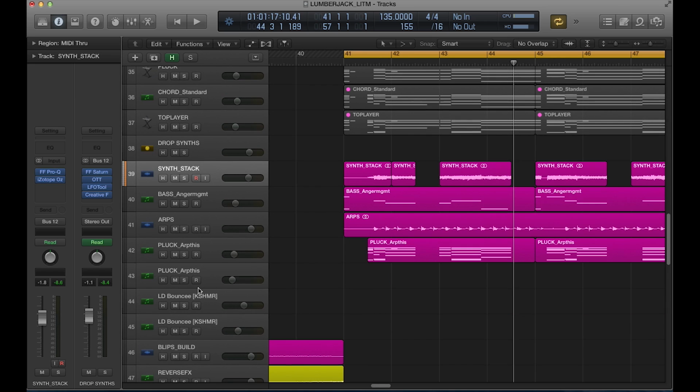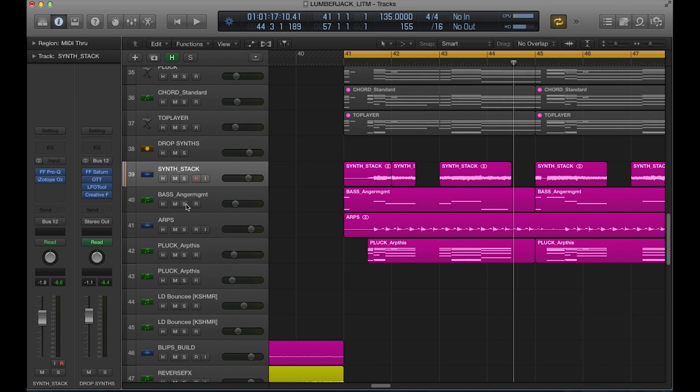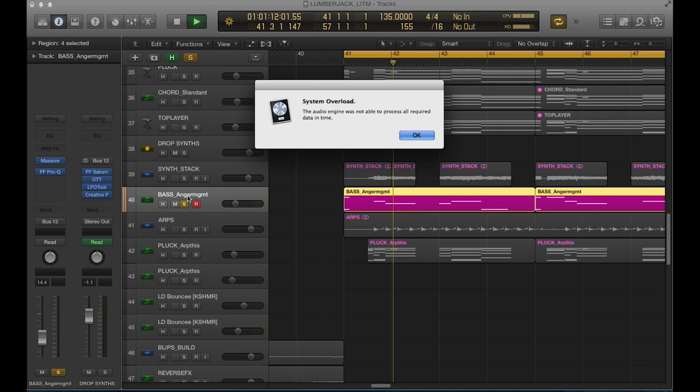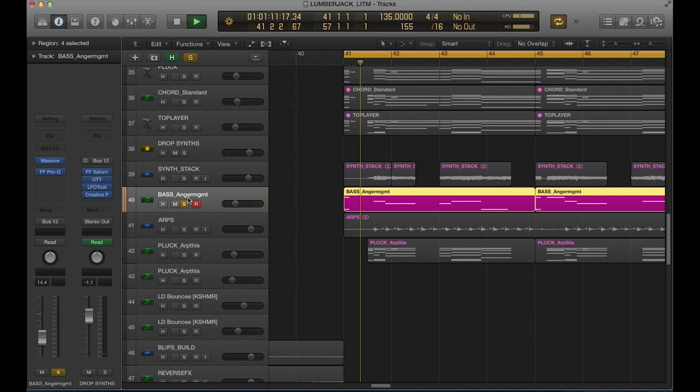So another part of this synth stack that kind of brings it out is this. This is just a preset from Serum, I think, or Massive. Yeah, just to kind of fill out those mids. So if I play it with the stack. And now if I take it out, very thin. And if I put it back in,